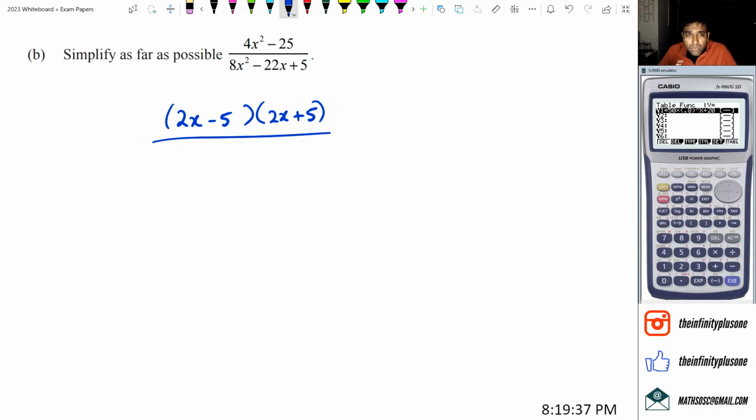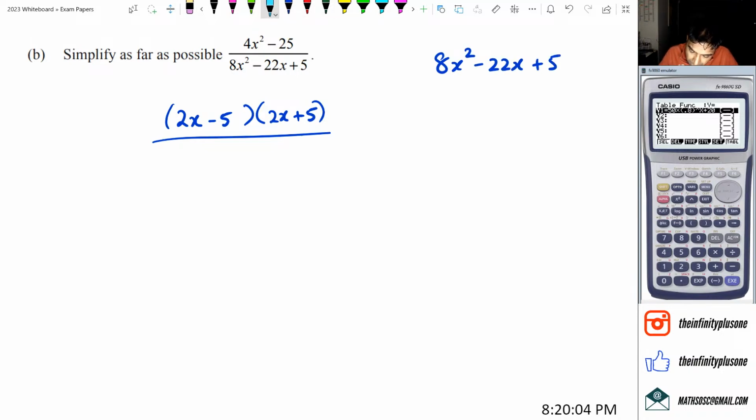Now, the bottom one, 8x squared minus 22x plus 5, is the one I always say you guys kind of need to do on your own. People have different styles of doing this. Some people use the quadratic formula. Some people just guess and check. Whichever method works for you, stick with it. So what I'm going to do with 8x squared minus 22x plus 5: